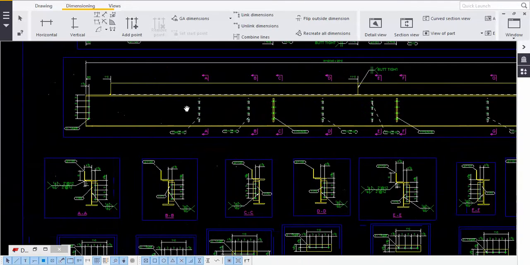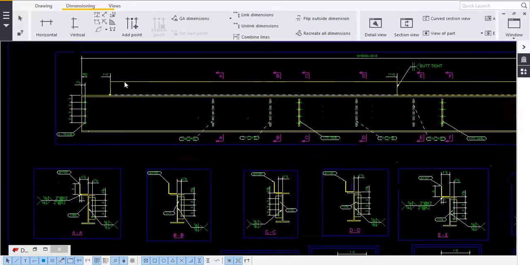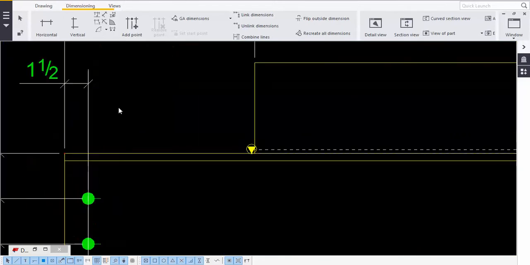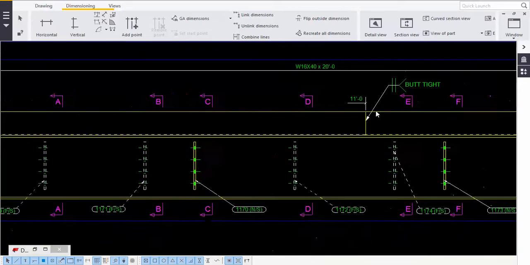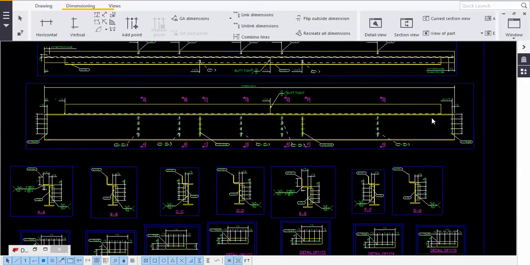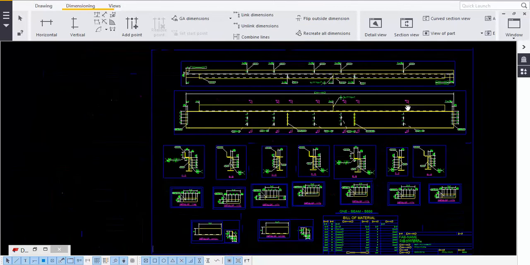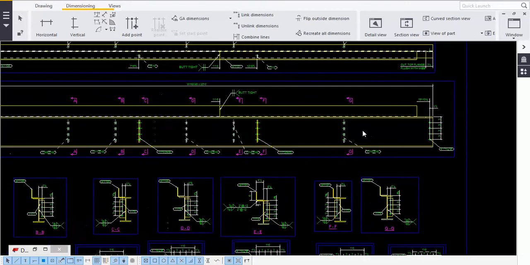This is the L angle over this W section, okay. So first what we will do is, first we will give this overall dimension, okay, and after giving overall dimension we will give this RD, okay, running dimension with respect to horizontal dimension. First I will click here and then I'll give this RD and then I will give this RD. So these are the two different plates we have, and after that I will log this hole, and after that I log this hole and I will give this vertical dimensions and all.